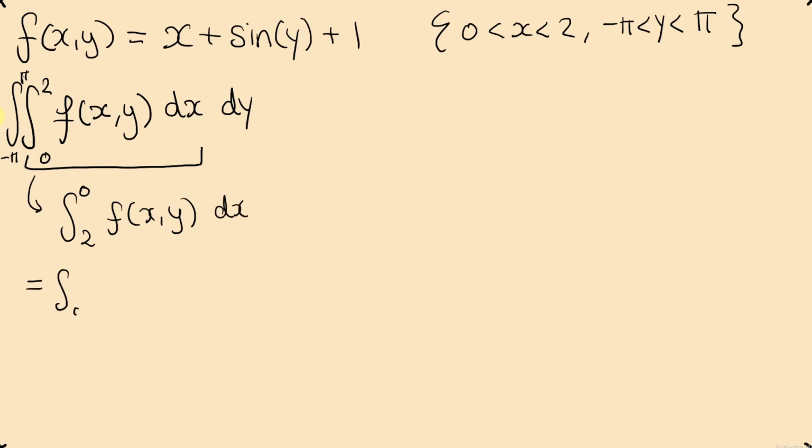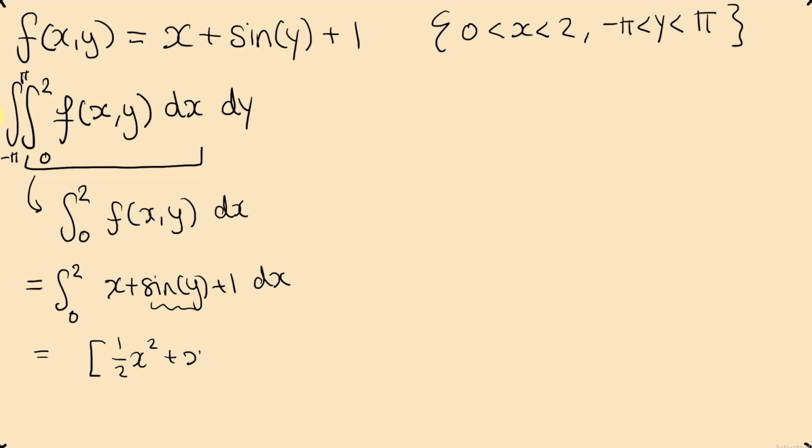We'll sub in, sorry, that should be 2 and 0, so that's the integral from 0 to 2 of x plus sine y plus 1 dx. Now, sine y is just a constant with respect to x, so when we integrate this out, we get half x squared plus x sine y plus x